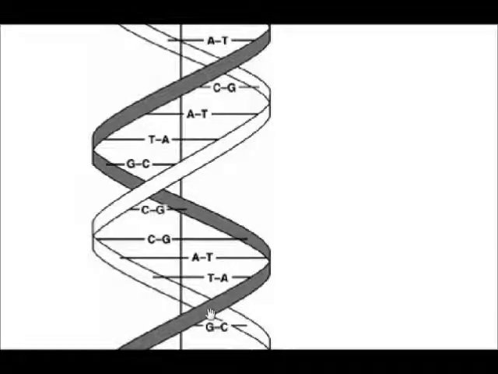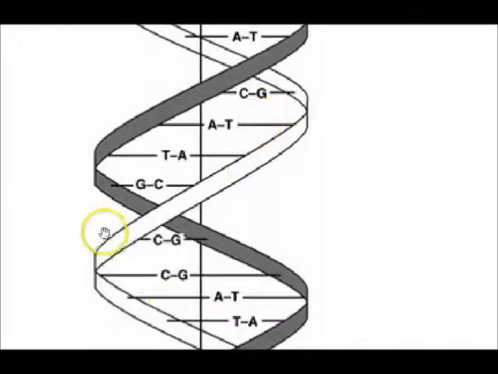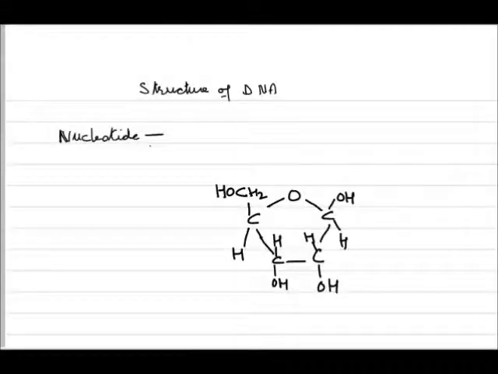There are two grooves, a major groove followed by a minor groove, and subsequently again a major groove. But if we examine further, I have used the term nucleotides here. So what are these nucleotides? Let us examine it first before going into discussion further. Now, what is a nucleotide? Before examining a nucleotide, we shall see what a nucleoside is. So if you see here, this is a nucleotide.